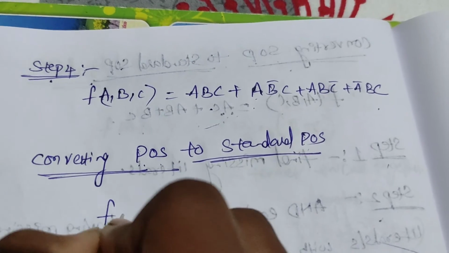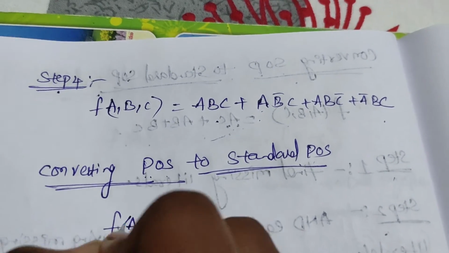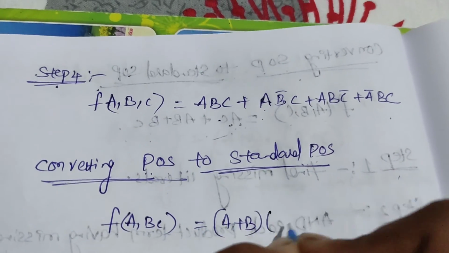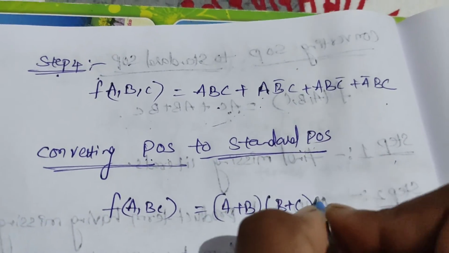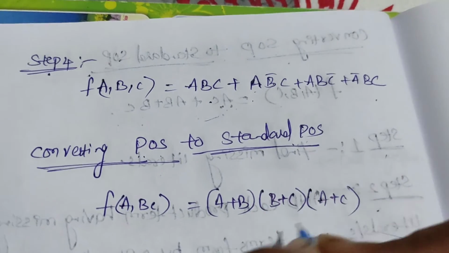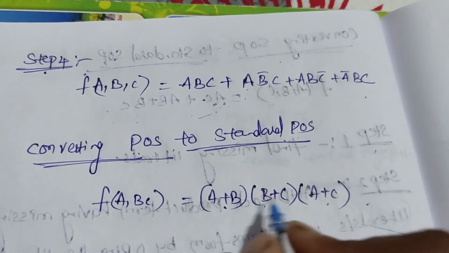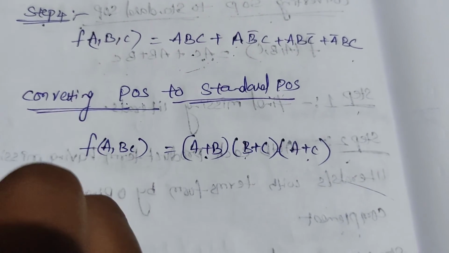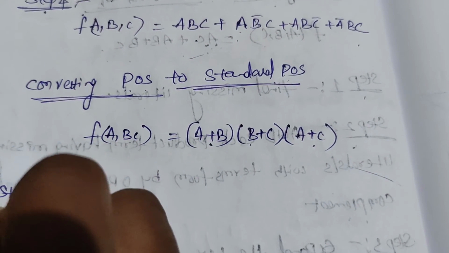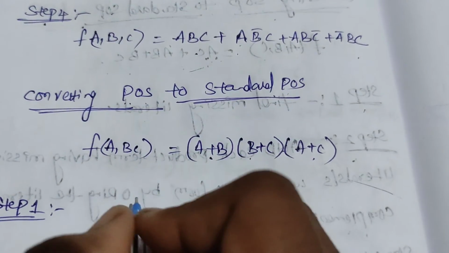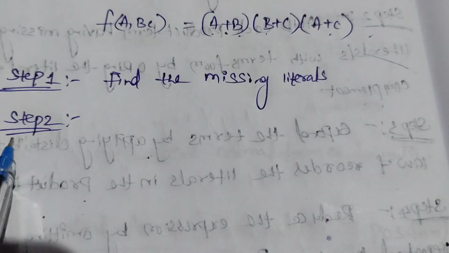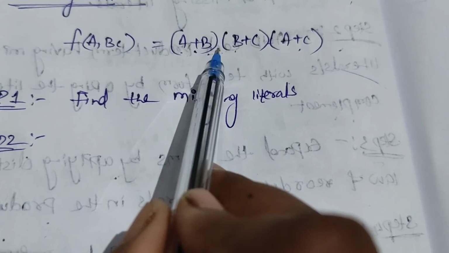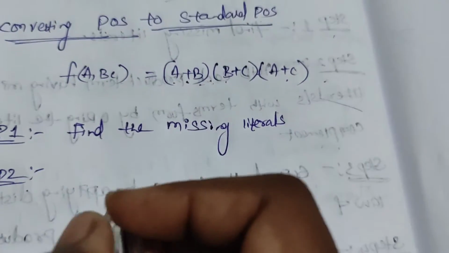First we will take an example. F of ABC is equal to A plus B multiplied by B plus C multiplied by A plus C. So it has 3 sum terms. So converting to standard POS also has 4 steps. Step 1, we need to find the missing literals. In step 2, OR each missing literal, its literal and its complement,